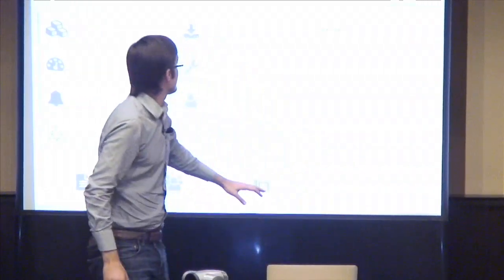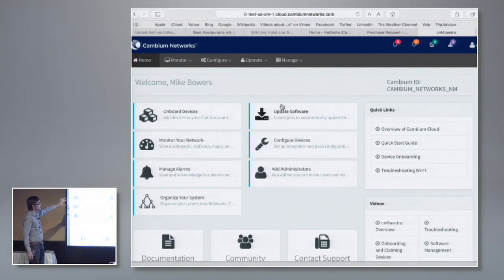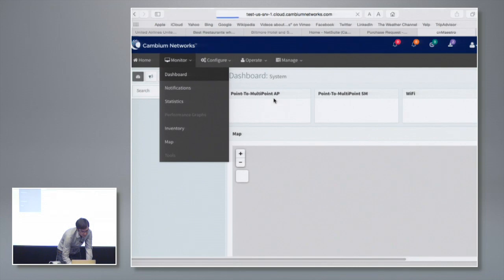Okay, so first, when you connect, you see the dashboard. On the dashboard, there are multiple buttons like onboard devices, so you can onboard new devices. It's just quick start buttons for some basic functionality. I usually use the menu bar on top, which has all the same functions you see on the dashboard. So for the monitor,